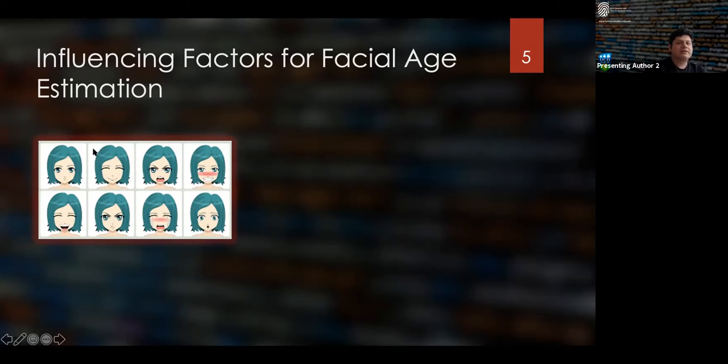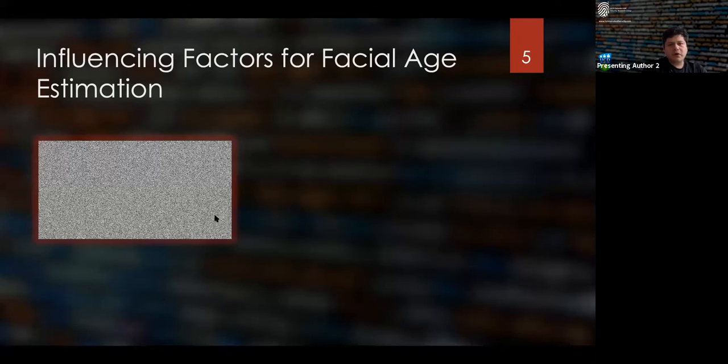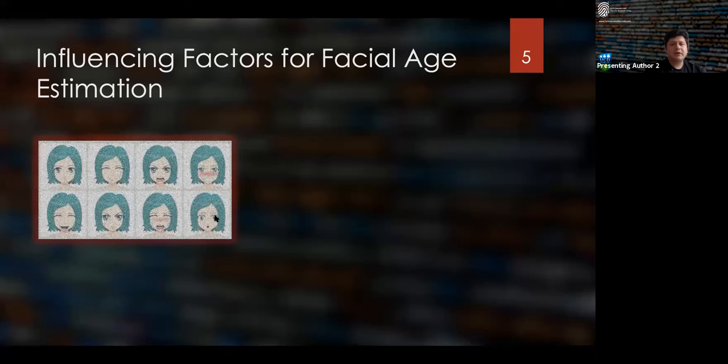In a study in 2013, it was found that, for example, smiling, frowning, or surprise can generate facial lines that would be confused with wrinkles and would impact the performance on age estimation. The introduction of noise also alters the age estimation. It is a randomness that affects an image and mostly occurs during the digital capture or the upload of the image, say, in social media.